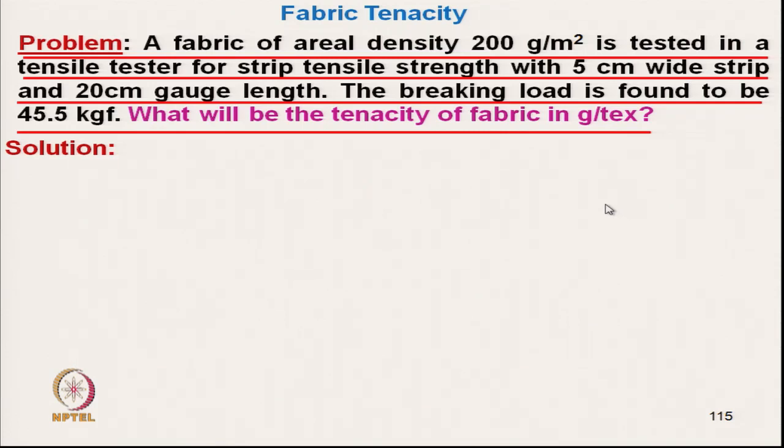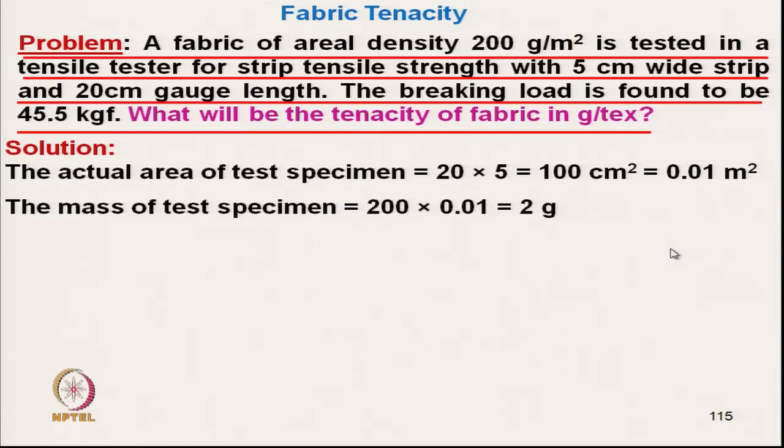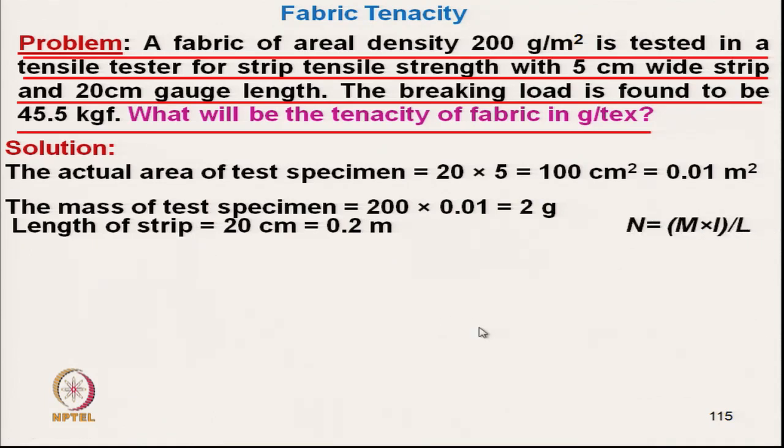Now, this is the condition here. The actual area of the fabric is 100 square centimeter, that means 0.01 square meter, and the mass of the test specimen is 2 gram, because 200 gram per square meter multiplied by 0.01 is 2 gram. Length of the strip is 0.2 meter, 20 centimeter, and we want to measure here the Tex of the fabric under the